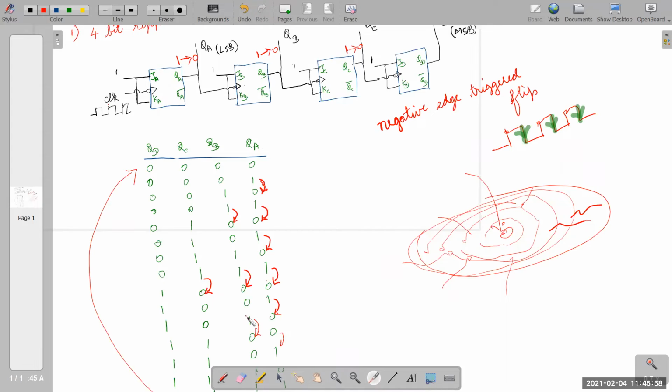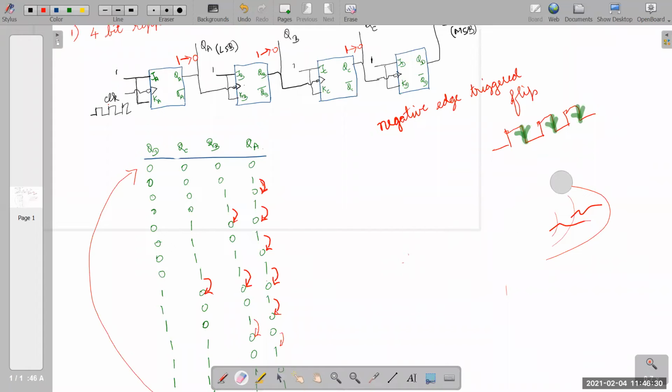Okay, if people are okay, then I can move into the next topic. Now I give quite a different way. Let me put a quiz. Try, let me check how many people are answering. Now using the same circuit, can I go for a down counter? Here where I am taking the output, I am taking the output from QA, QB, QC, and QD. So what is a down counter?